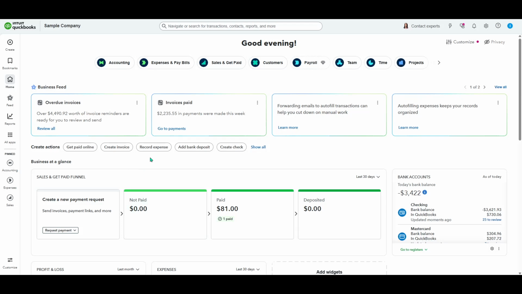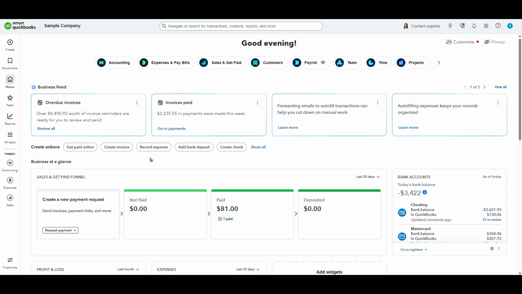In today's video, I'm going to teach you how to adjust inventory quantity in QuickBooks Online. Keeping your inventory accurate ensures your sales, purchasing, and reporting are trustworthy. Before you begin, make sure you're signed in to QuickBooks Online, and ideally, you've verified the actual count for the item you're updating. Small errors here can affect cost of goods sold and margins, so take a moment to confirm